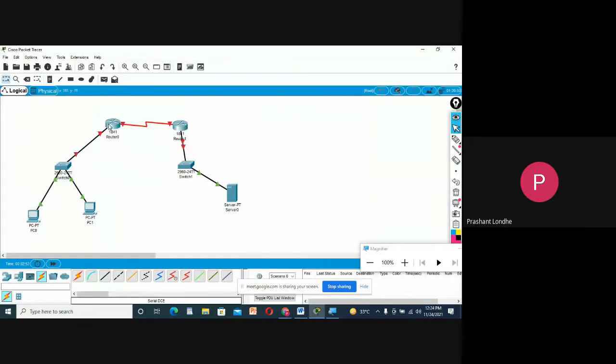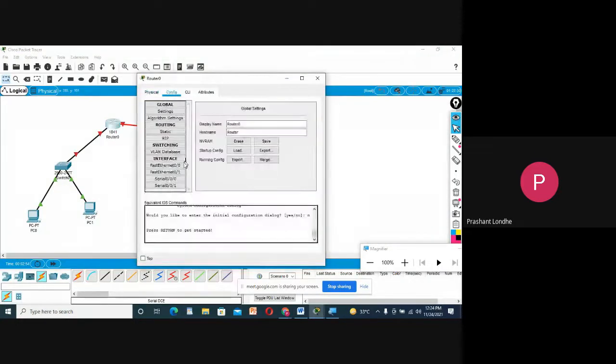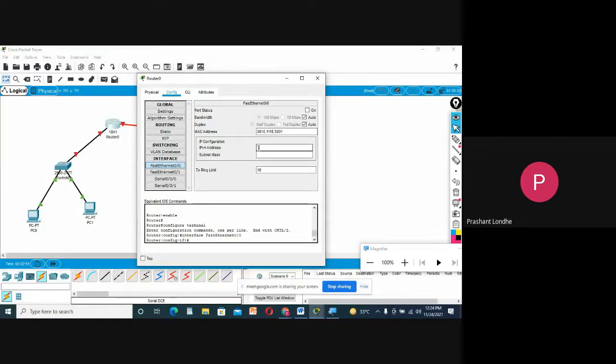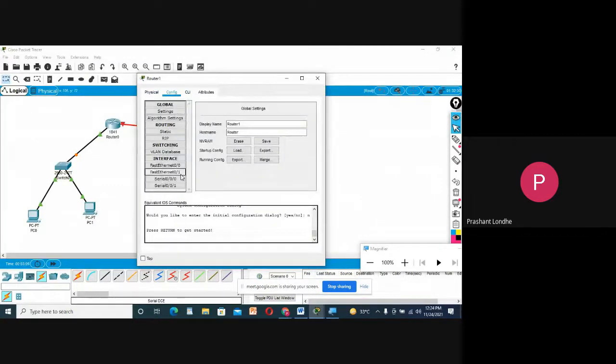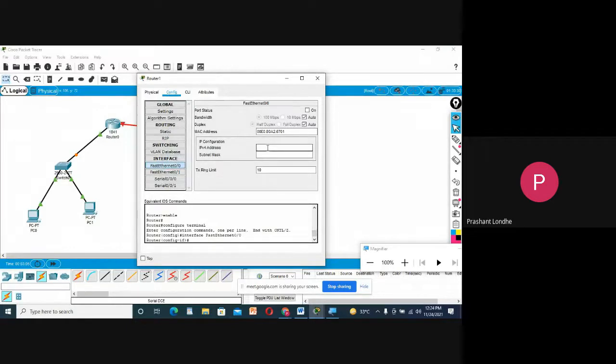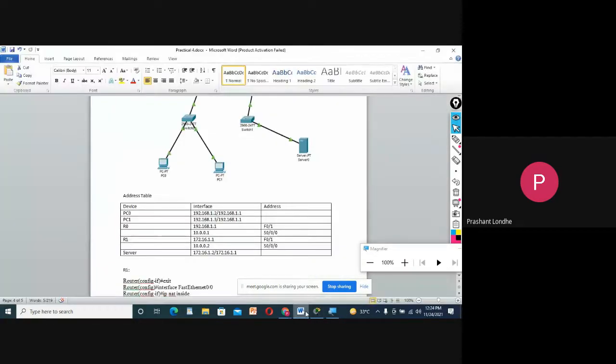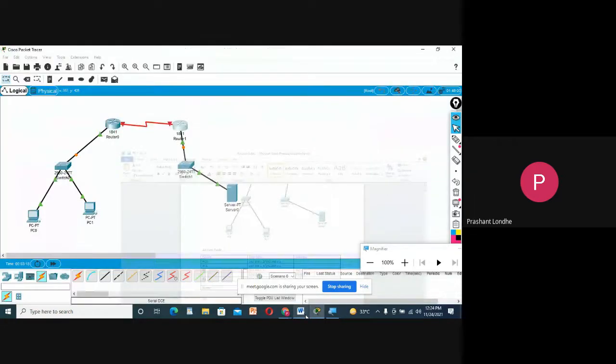Simply, I will connect the FastEthernet 0/0 with the default gateway. And this one also will be connected. And now I need to connect these two ports.